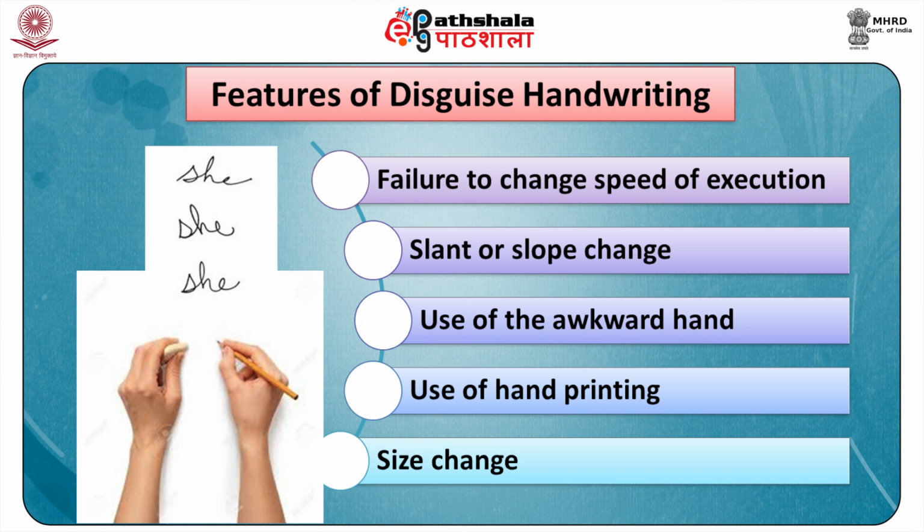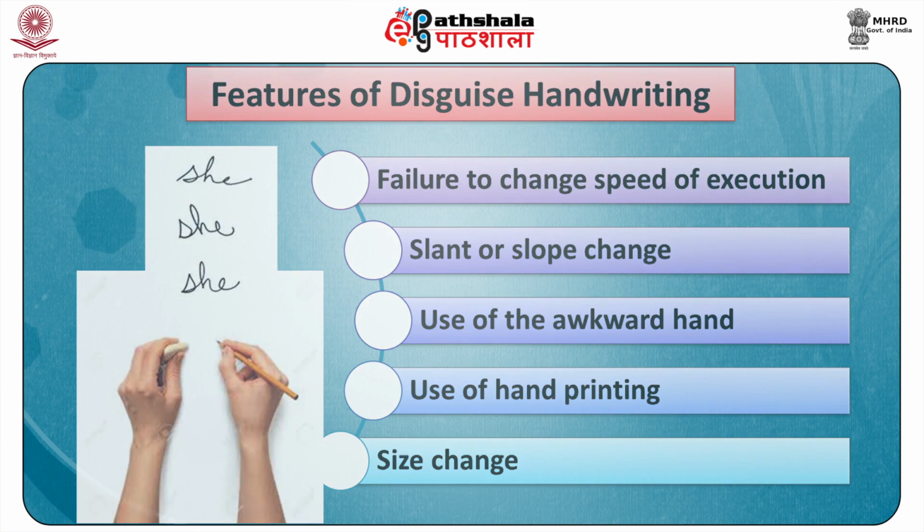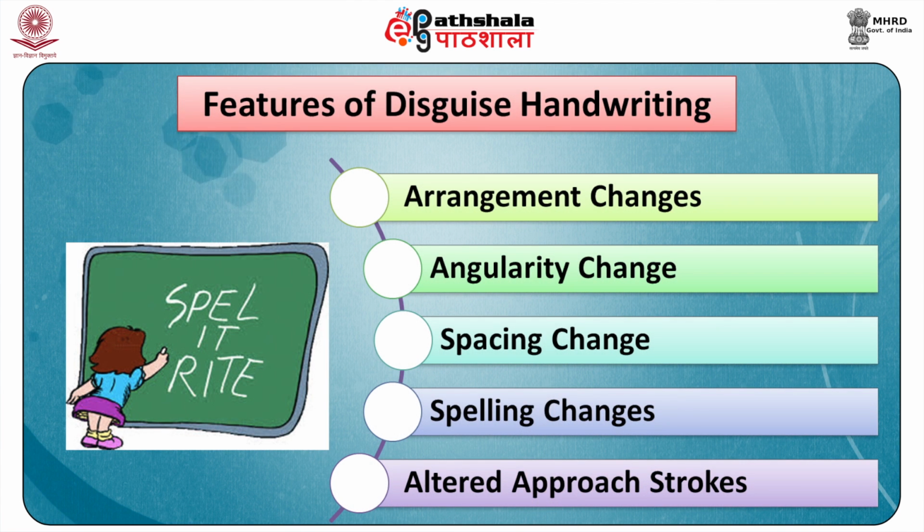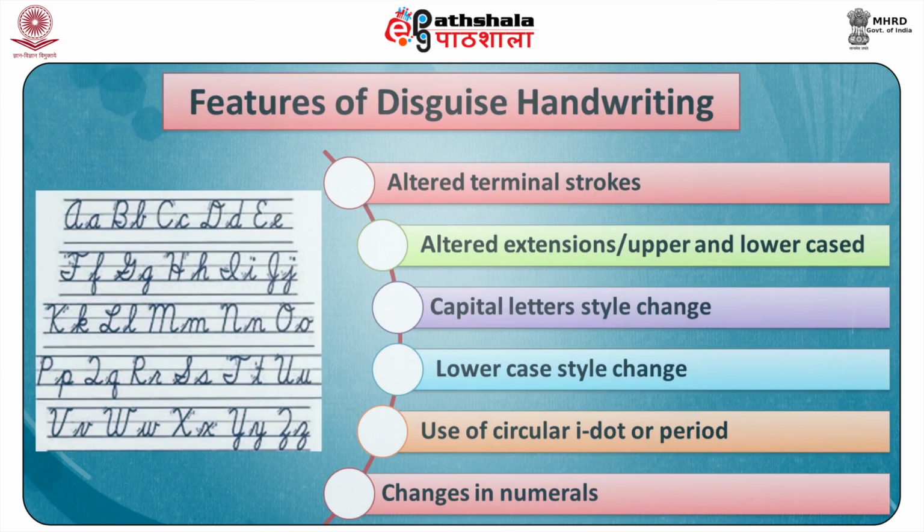Number 1, failure to change speed of execution; number 2, slant or slope change; number 3, use of the awkward hand; number 4, use of hand printing; number 5, size change; number 6, arrangement changes; number 7, angularity change; number 8, spacing change; number 9, spelling changes; number 10, altered approach strokes; number 11, altered terminal strokes; number 12, altered extensions, upper and lower case; number 13,